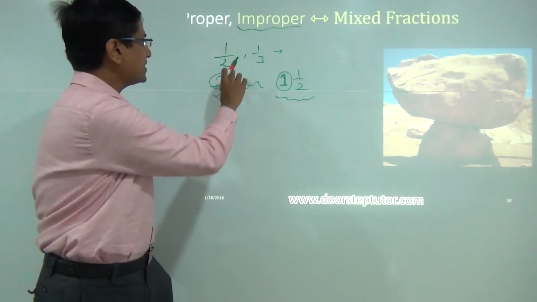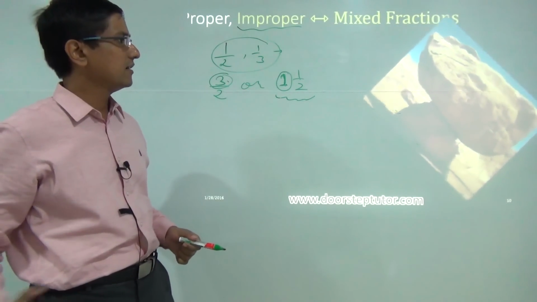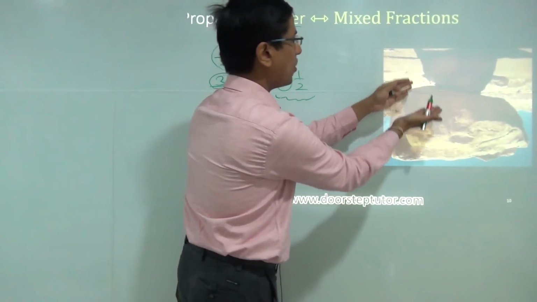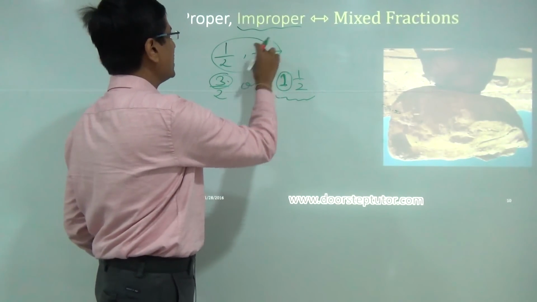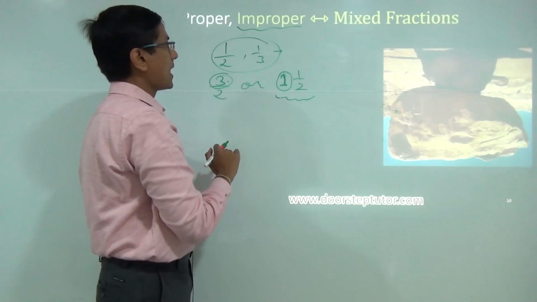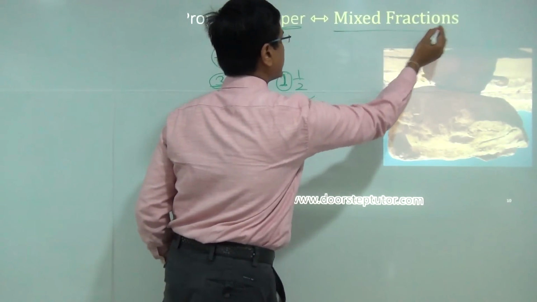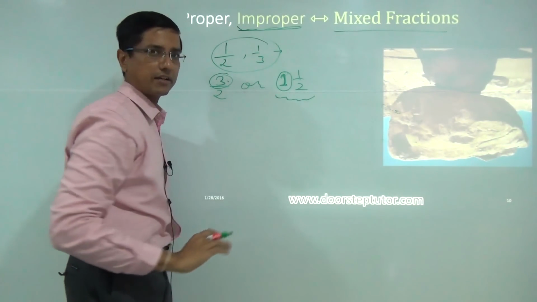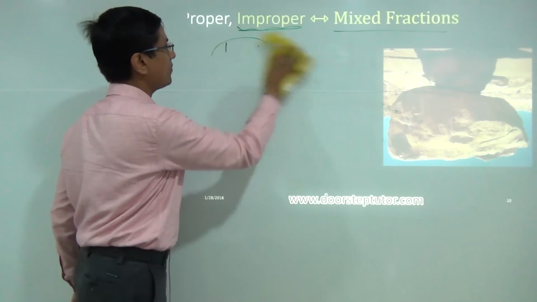So these are improper fractions. And proper fractions are these, our nice looking fractions. The numerator is small and the denominator is bigger, they are well balanced. So these are proper fractions. The thing here is, improper fractions and mixed fractions, I can go from one to the other. So I can convert an improper fraction to a mixed fraction and vice versa.